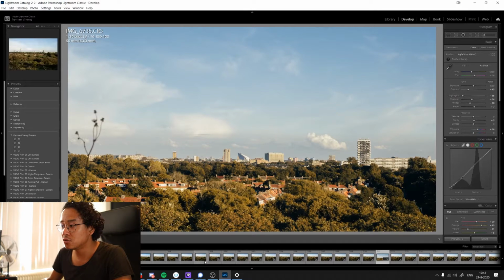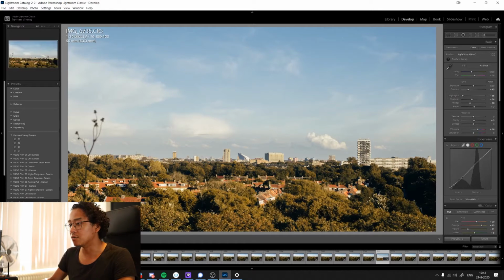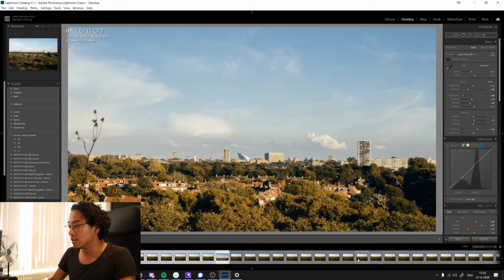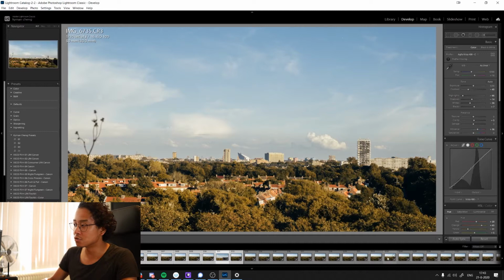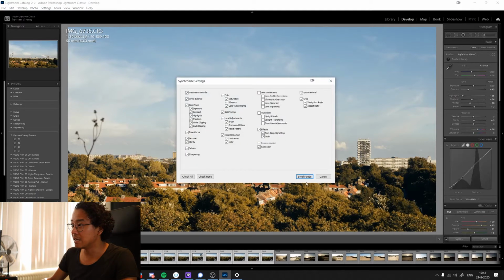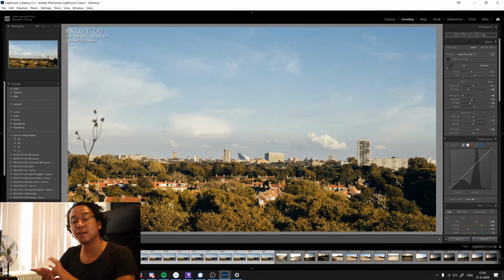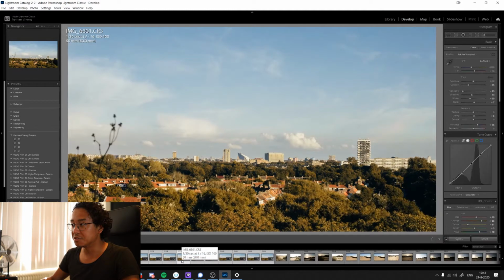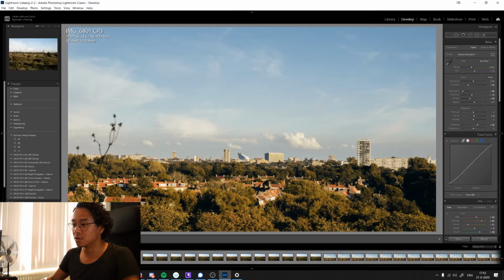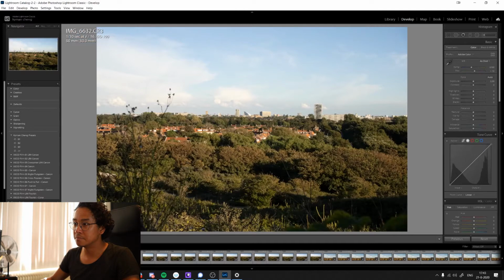Now the best way to synchronize this across all the photos is to just select them all in your bar below. You can use Control-Shift to add more photos to it. I hope you can't hear the noise outside, by the way. It's quite loud, honestly, at this office. But as you see, you press the little sync button here and you go through all the settings, press OK, and it should sync all the settings across your photos. So now if I go to this one, it should have the same grade as the one before, like here. Which, well,